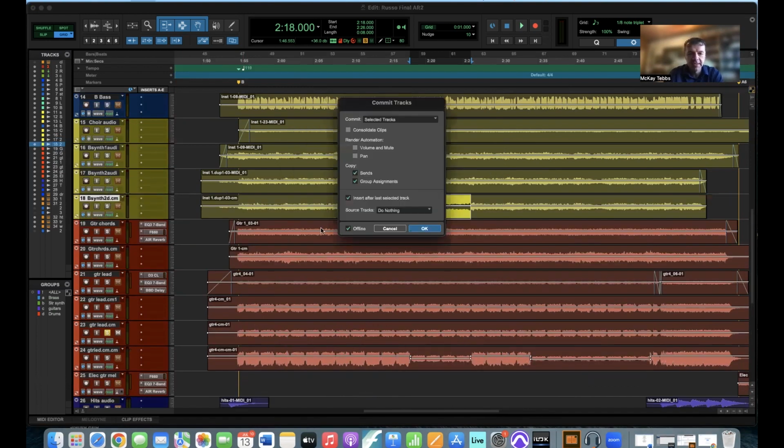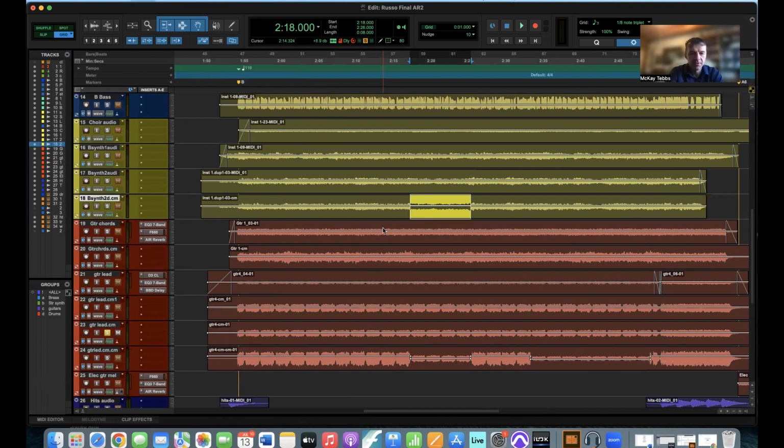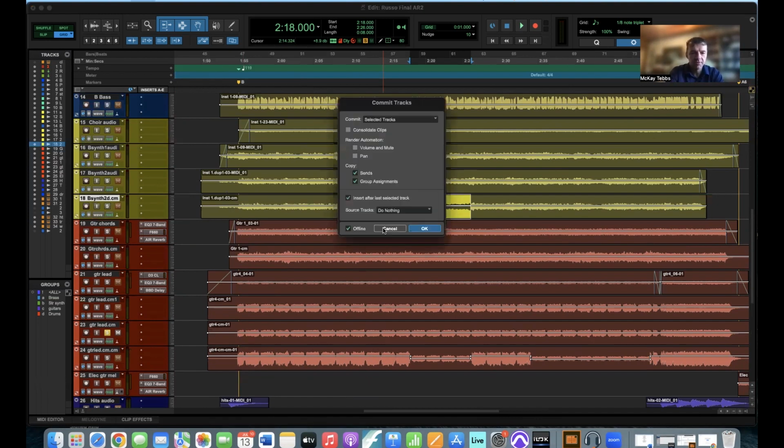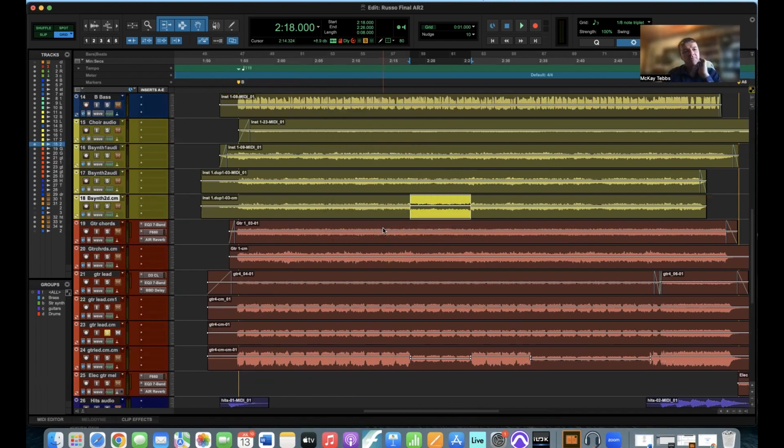Shift Option C, and just make sure you can do it and you start. Here I am practicing it. Shift Option C, Shift Option C. It's likely to see a question on the test that talks about that. So anyway, committing a track can be a very awesome way to share it with other people, because look what